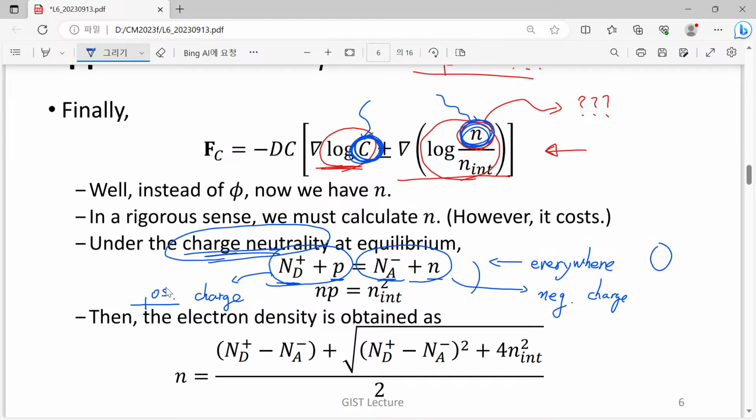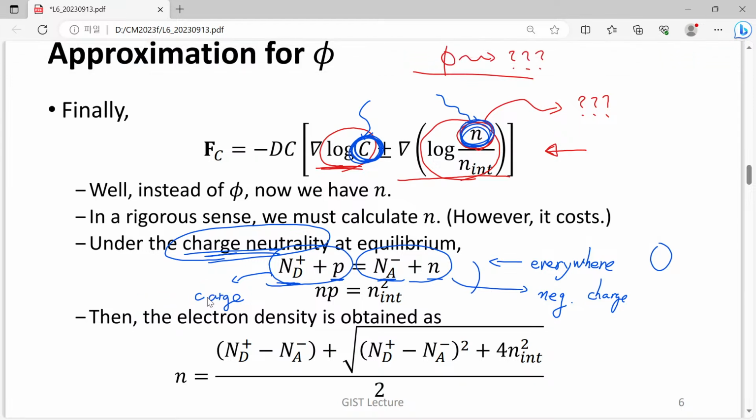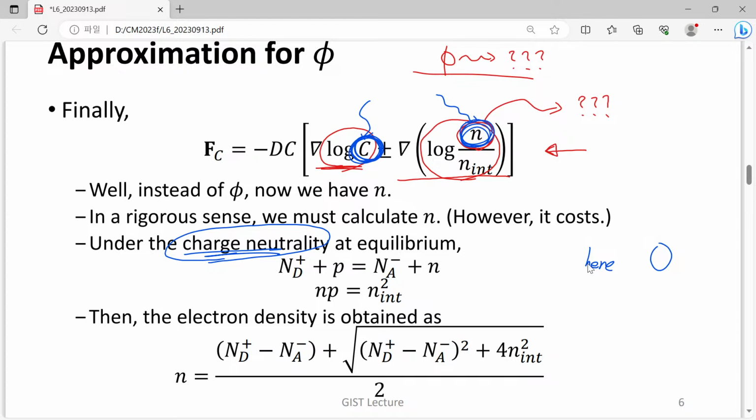So once we have this kind of condition, charge neutrality everywhere, then yes, we will have just a constant electric field everywhere, because